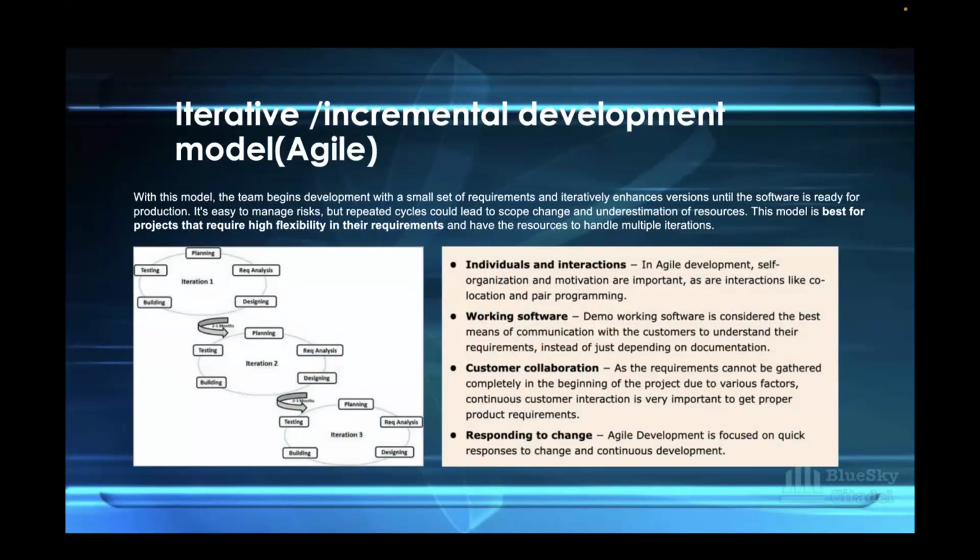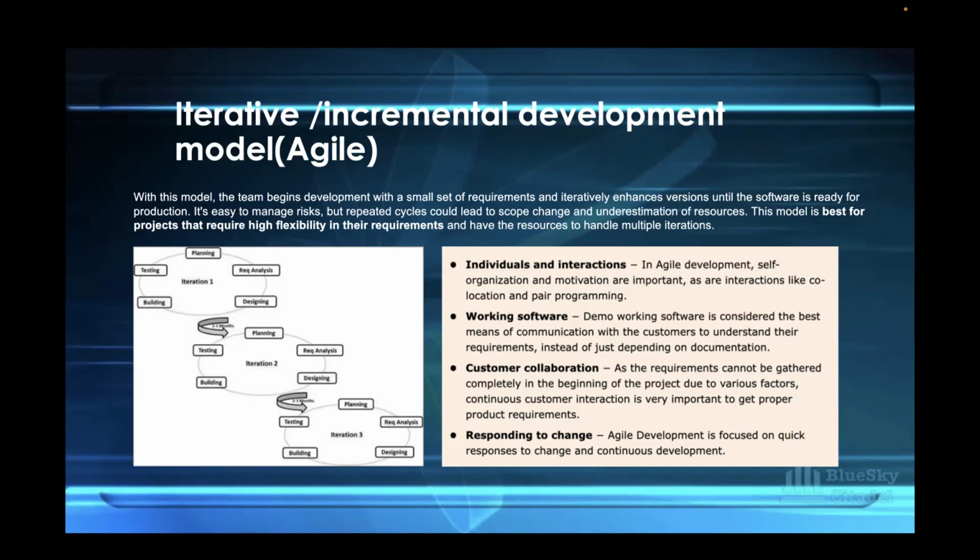So we have the iterative and incremental development model, which is Agile. With this model, the team begins development with a small set of requirements and iteratively enhances versions until the software is ready for production. This is what we practice here in Blue Sky. It's easy to manage risk, but repeated cycles could lead to scope change and underestimation of resources. This model is best for projects that require high flexibility in their requirements and have the resources to handle multiple iterations. So Agile is an iterative and flexible approach to software development,